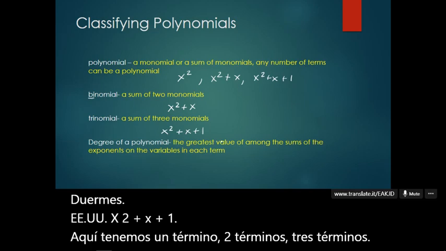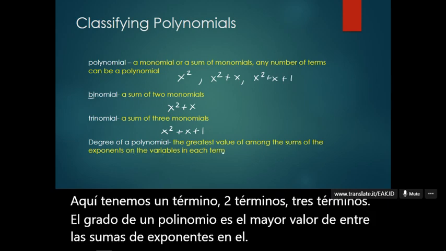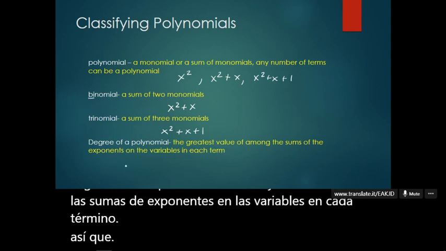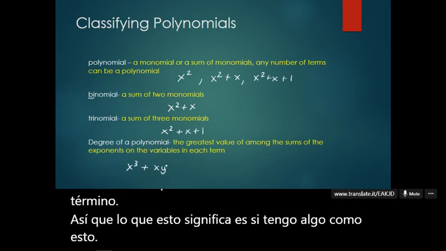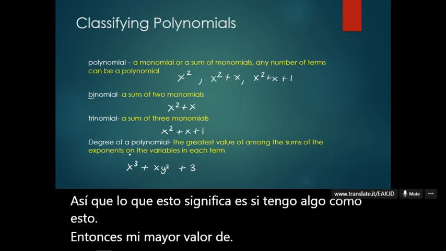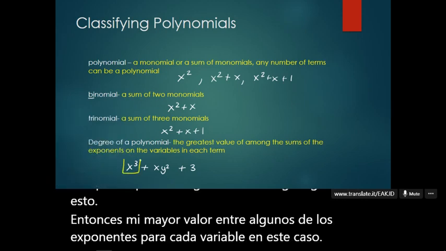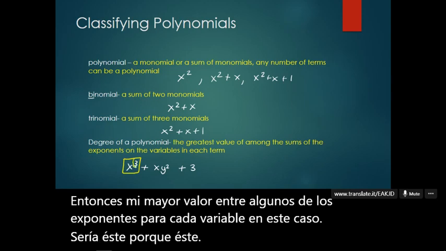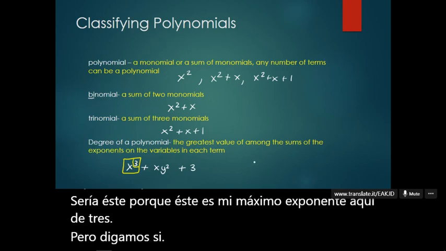And the degree of a polynomial is the greatest value among the sums of exponents on the variables in each term. So what this means is if I have something like this, then my greatest value among the sum of the exponents for each variable, in this case, would be this one, because this one's my highest exponent right here of 3. But let's say if we had something that looked like this,